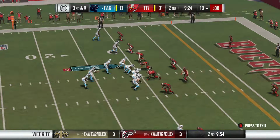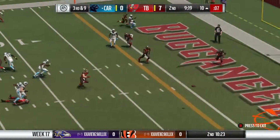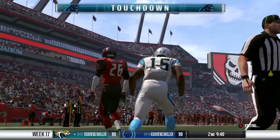Nice completion, just like they do it in practice. On 3rd down, Taylor. He's got it for a Panther touchdown. Golden Tate, his 6th touchdown of the season. And the